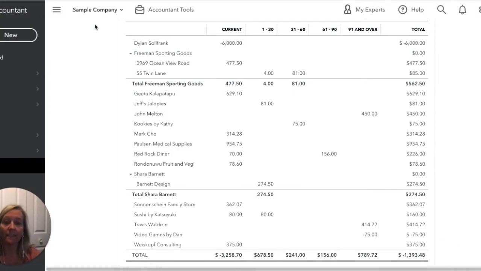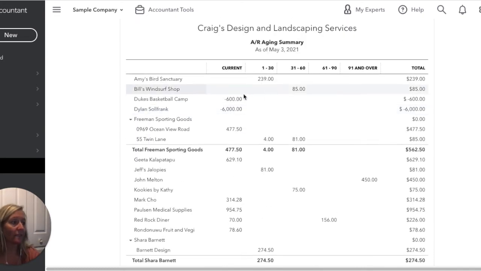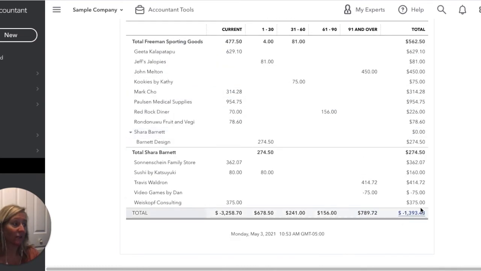And then finally, the last item that can affect the balance would be if you collect prepayments or down payments from your customers, and you do so by just recording them as a payment and then leaving them sit on their account as a credit until you later create the invoice for them. Some examples of that would be here. Duke's basketball camp put a down payment down of $600, and Dylan Solfrank prepaid $6,000 towards some work that's going to be happening maybe sometime in the future. So that's $6,600 that is making it look like your customers have overpaid you by